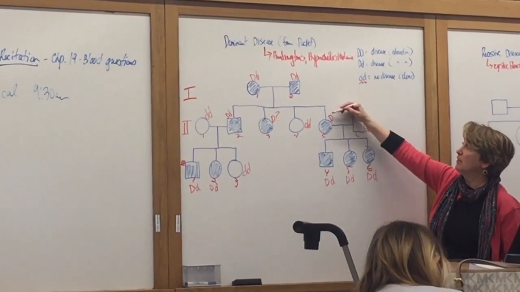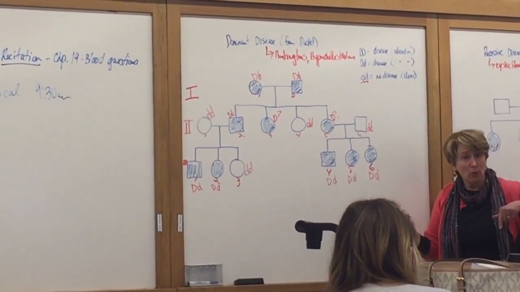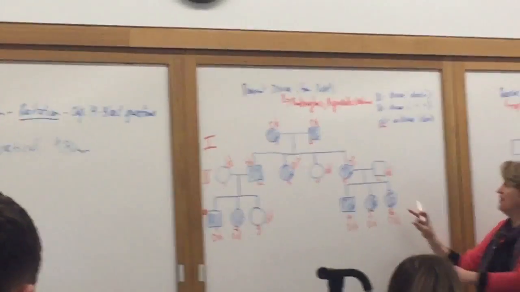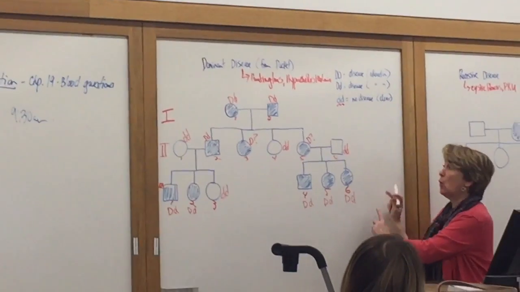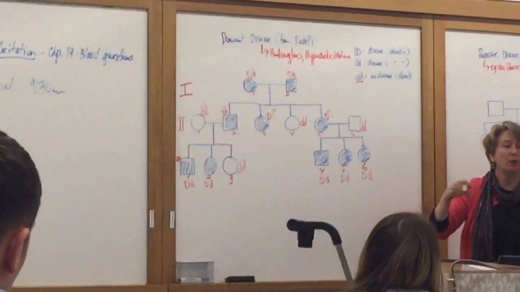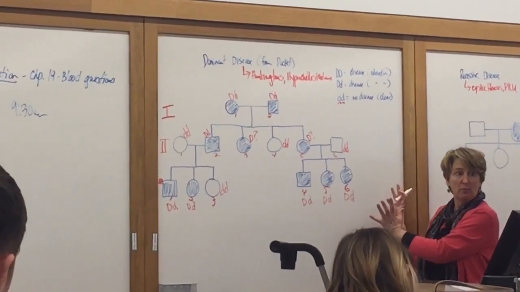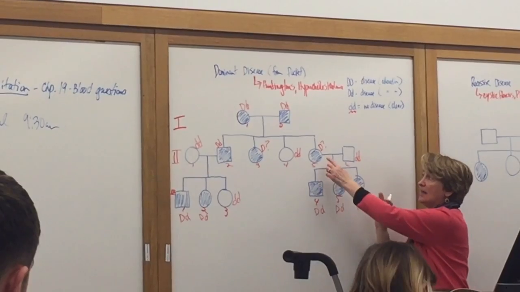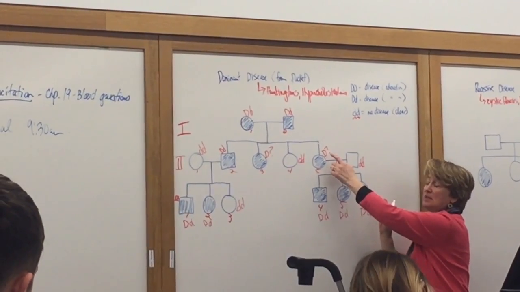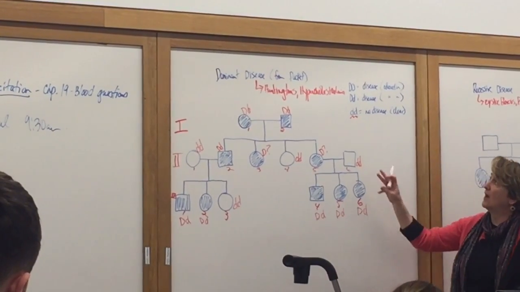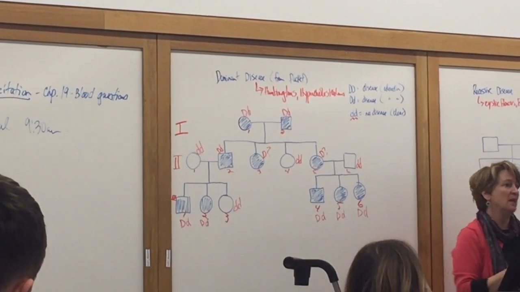Right, because remember, chance has no memory. Each time they have a kid, they go back to square one. They could have 19 children and the 20th one is 2 little d's. Then you would know, unless there's some other blood genetic test, but we're just going by this. Based on this information only, we can't tell if this one is big D, little d, or big D, big D, because they haven't had a kid that has 2 little d's. So that's the dominant disease. In the recessive